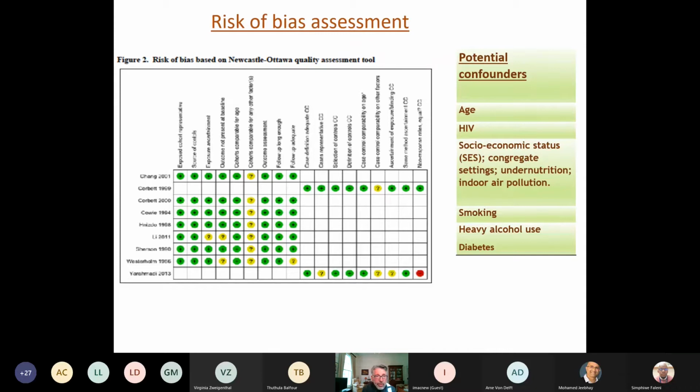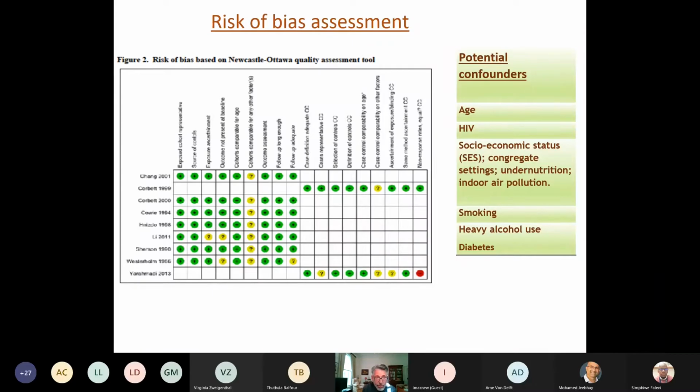matrix that emerges from using the Newcastle-Ottawa quality assessment tool. There's one for cohort studies, and there's one for case-control studies, cohort studies to the left as you look at it, and case-control studies to the right. Green means low risk of bias, yellow question mark means uncertain risk of bias, and red means high risk of bias. In fact, what we concluded is that it was really the problem of confounding or comparability between the exposure groups that was common to actually all the studies.